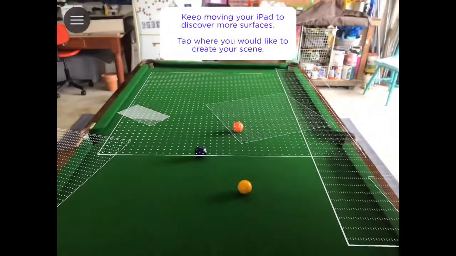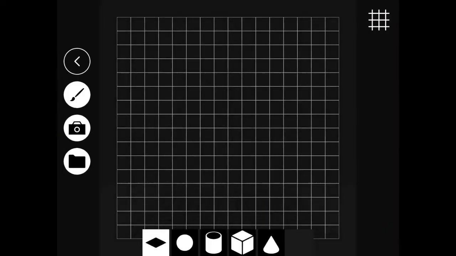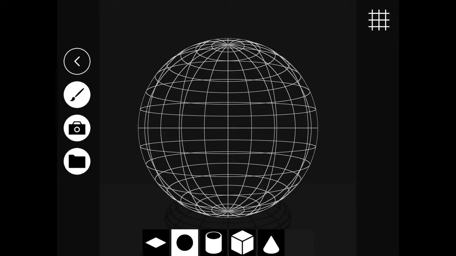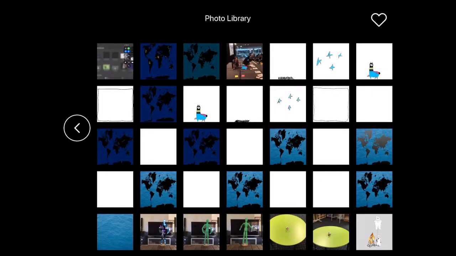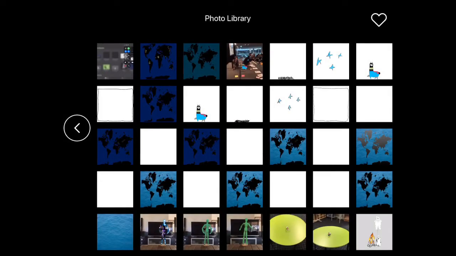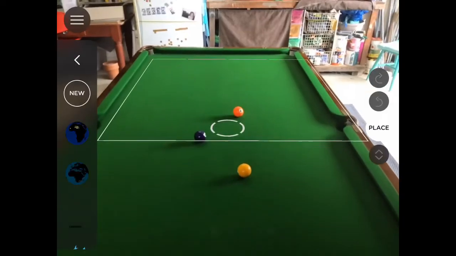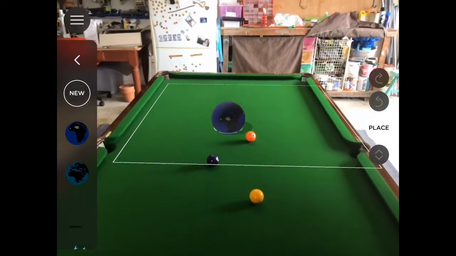I've jumped into ARMakr. I've pressed here, and we can start to layer it. So I'm going to press New. I'm going to press the sphere down the bottom, and then go to the folder and find that image that I exported. There it is, sitting beautifully there. When I press that, it's going to wrap around, and if I hit the tick box and press OK, we can actually tap on it on the left,